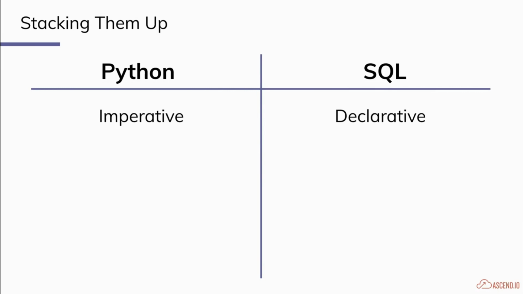For those of you who maybe don't know what that means, in a very brief sense, and this is one of the core concepts in Ascend nowadays, what is imperative versus declarative? Imperative is when you are using a language, in this case Python, and you are defining how things are going to occur in the control loop. If you write a program, you tell the system how exactly it should run, how exactly it should handle the case to achieve the result at the end. You're not telling it what the result should be.